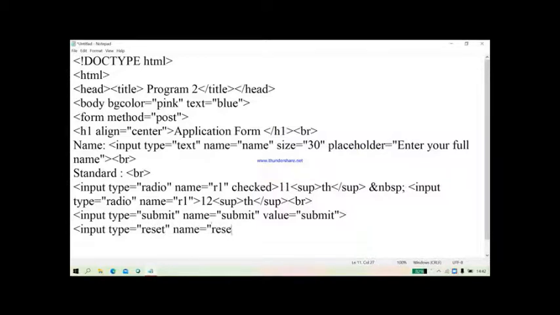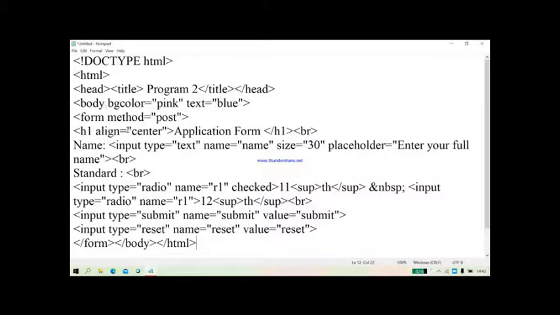Name is equal to reset, and value is also reset. After this, you have to close with the form tag with slash form, slash body and slash HTML. So here, this is the program. Second SOP in your HTML by using the form.